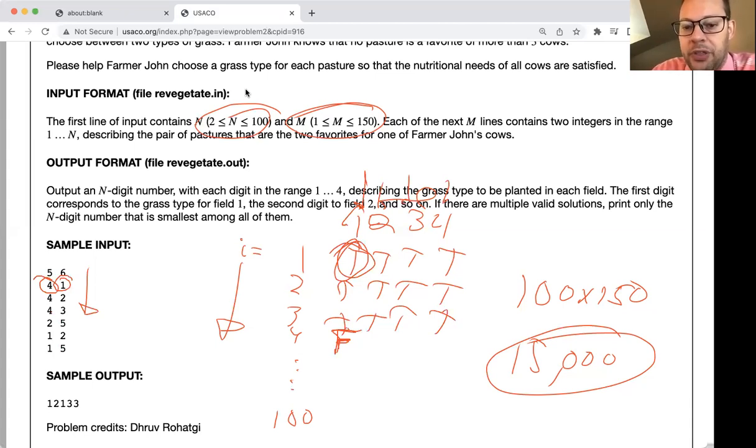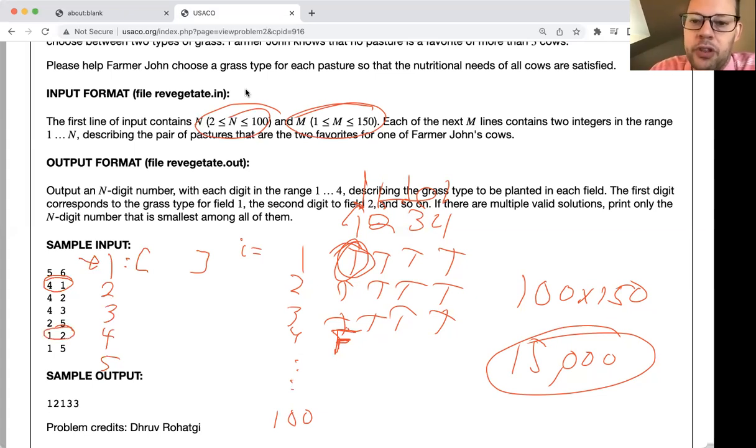However, if you're familiar with adjacency lists, an adjacency list will actually let you do this in essentially linear time. And the way an adjacency list works is you make a list of lists similar to before, but then for each one of the fields, you have to add to your list every other pasture of a cow that likes field 1. So in this case, since field 1 connects to field 4, since there is a cow that prefers grass in fields 4 and 1, and since there is a cow that prefers grass in fields 1 and 2, and there's a cow that prefers grass in fields 1 and 5,